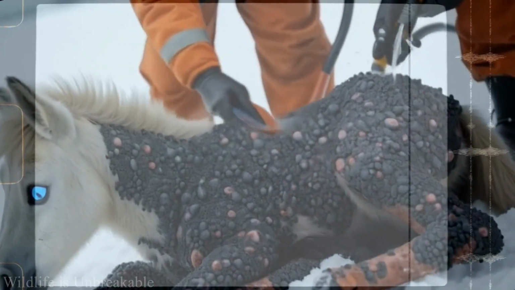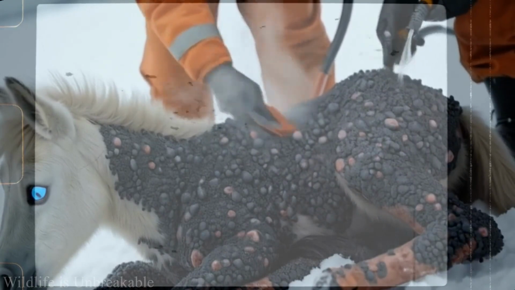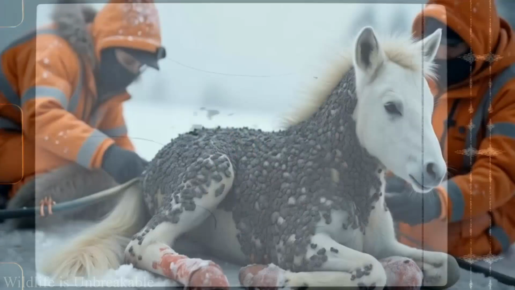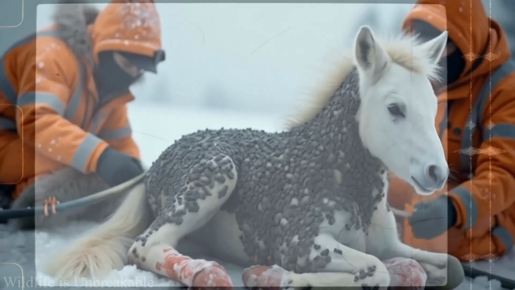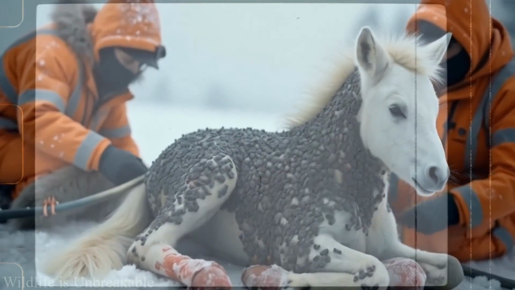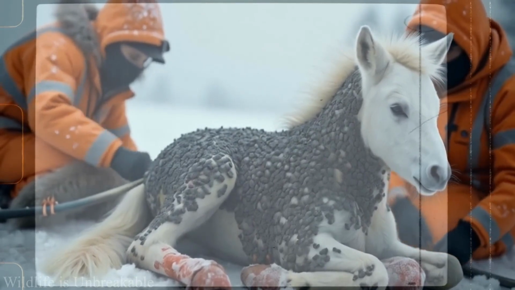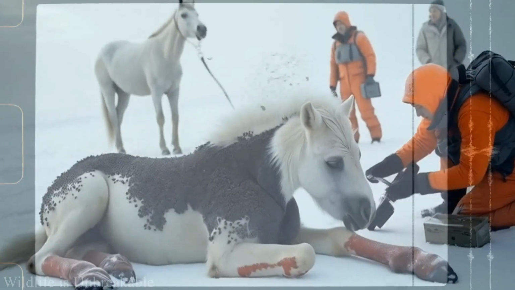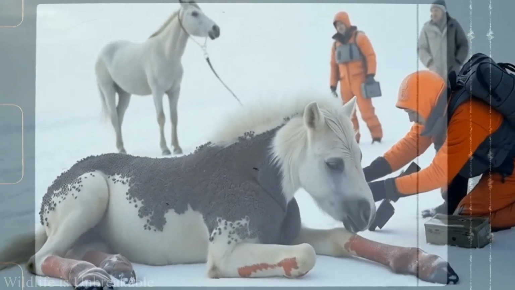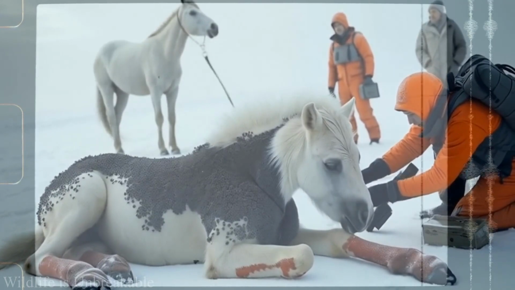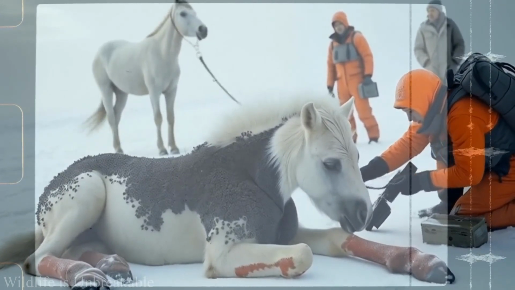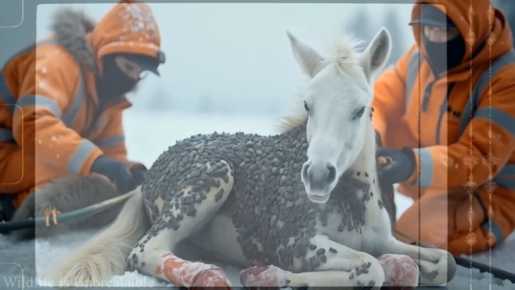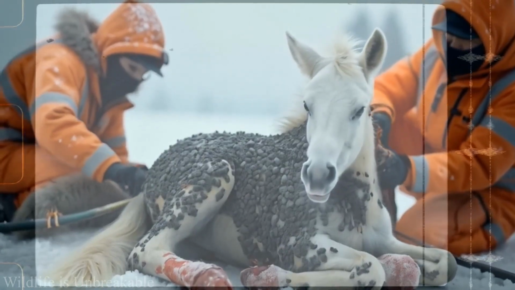a painful, festering wound. The infestation begins innocently enough, with a few barnacles attaching themselves to the horse's body, perhaps drawn by the warmth and moisture of its skin. But as they multiply, they create a grotesque landscape of shells. The horse, once a symbol of grace and beauty, now bears the weight of this infestation, a living canvas of nature's brutality. The barnacles, oblivious to the pain they inflict, continue to thrive, feeding off the horse's nutrients and compromising